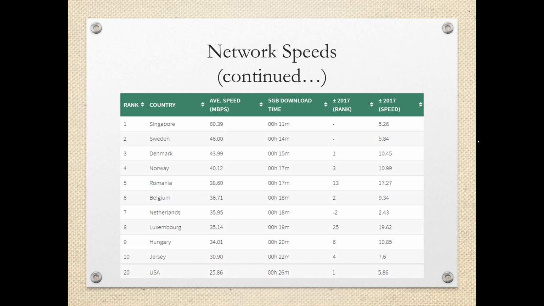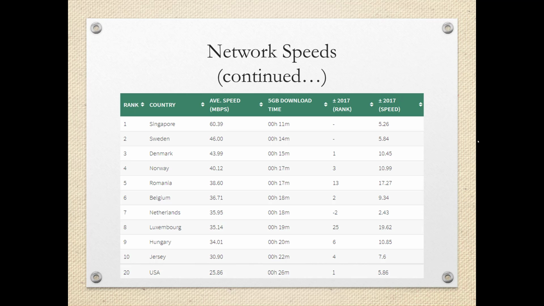So the average in megabits per second for Singapore was 60. Sweden 46. Denmark used to be number one, but they bumped back down a little bit. And all the way down at the bottom, the USA is around 20th in the world at 25.86. Now, what goes into this? Why wouldn't